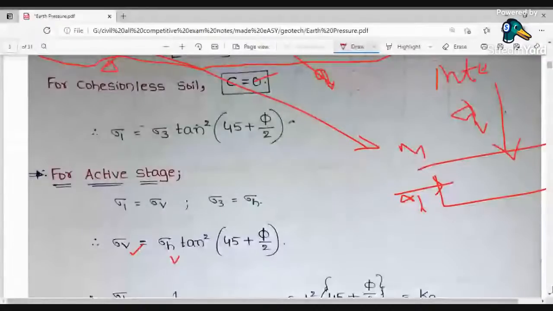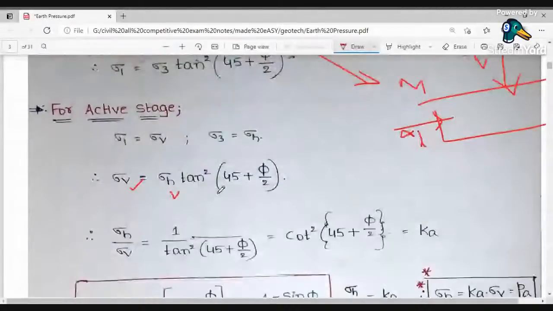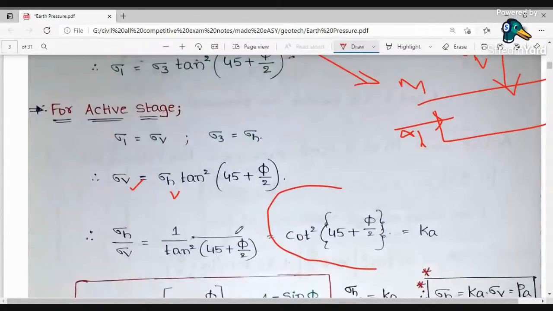From that, I can get sigma h by sigma v is equal to tan square (45 plus phi by 2). So sigma h by sigma v is equal to 1 by tan square (45 degree plus phi by 2). And we know that 1 by tan theta is nothing but cot theta. That's why we can write sigma h by sigma v as cot square (45 degree plus phi by 2). And this is the ratio between the sigma h, that is horizontal stress, with respect to the vertical or normal stress,